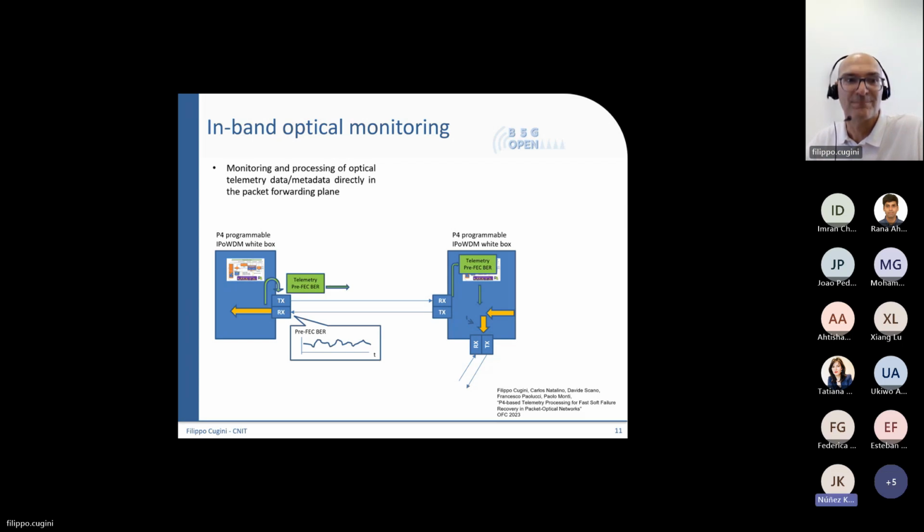Okay, that is interesting. But my point is, in this case, the telemetry is working with a certain fixed pre-FEC threshold that will ensure a clean signal on your pluggable in your switch? That I understand. You mean a threshold? Yeah, the threshold, exactly.